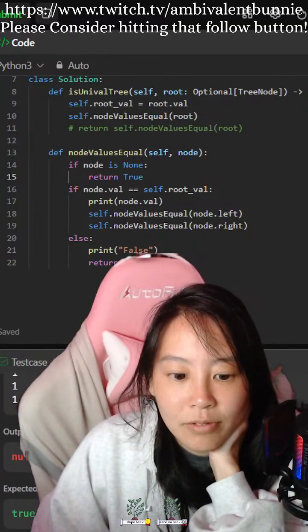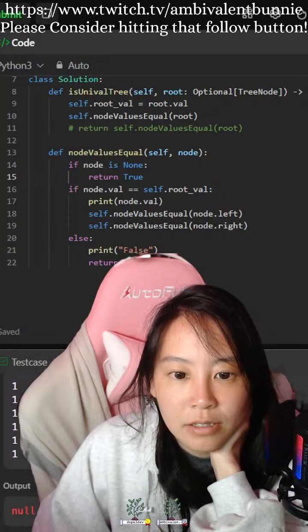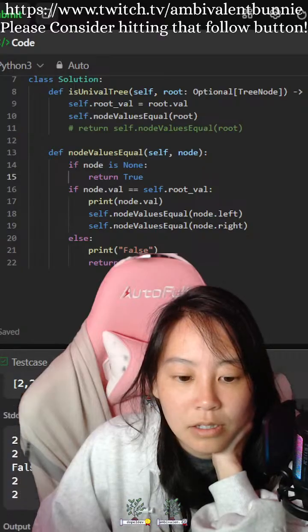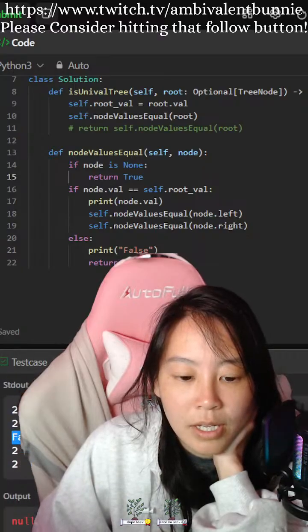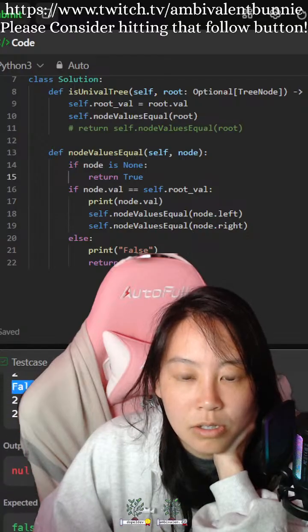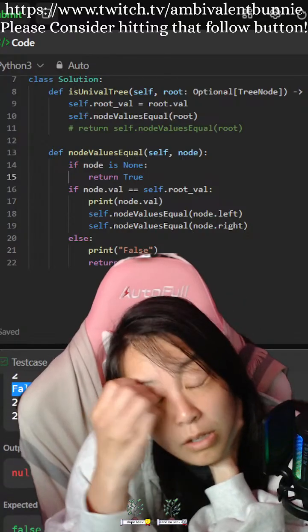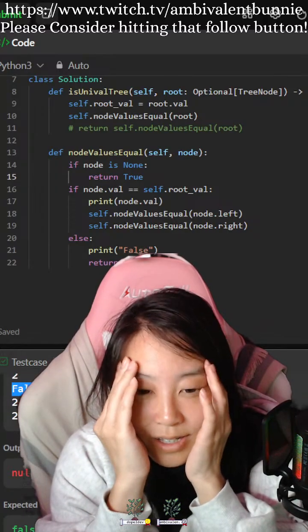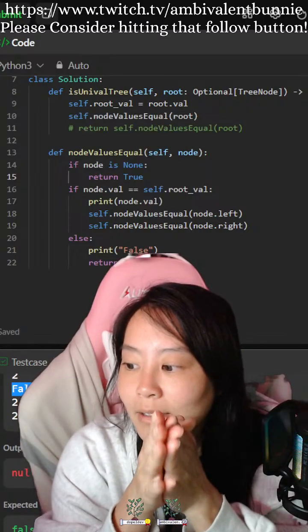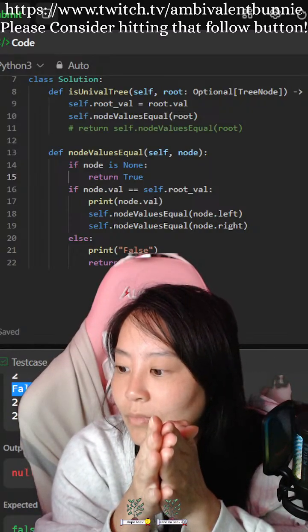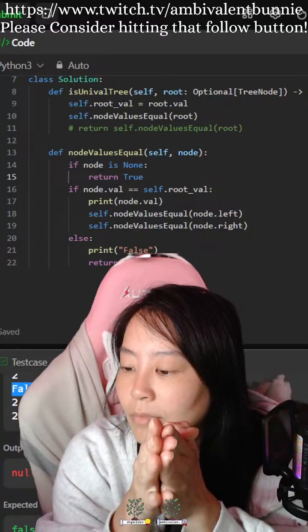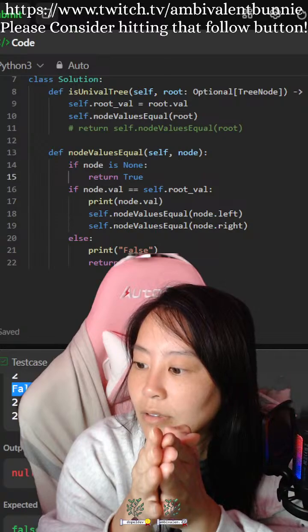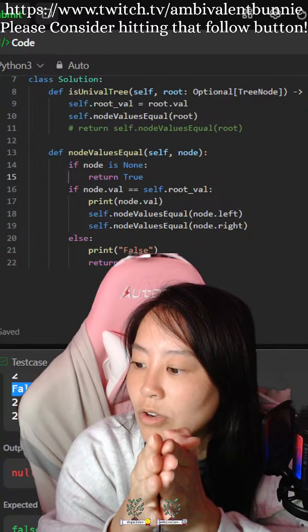Okay, so 111. How did I do this again? Hold on. Why is the node value None?